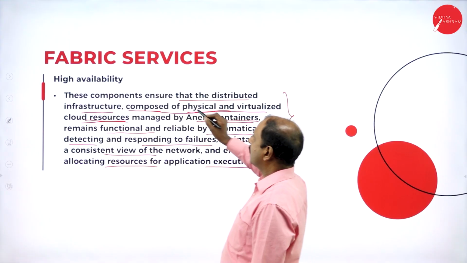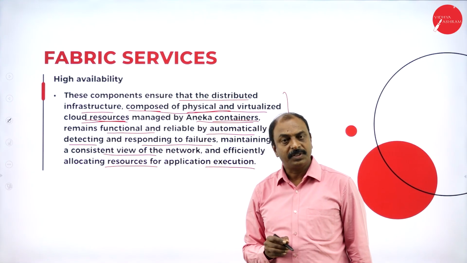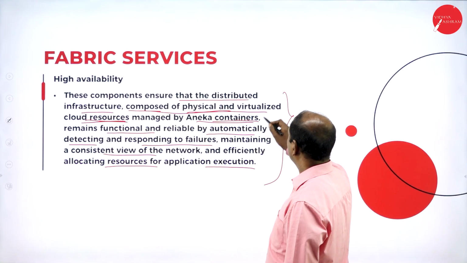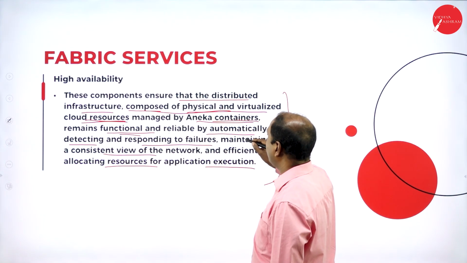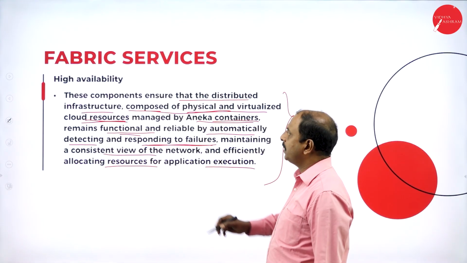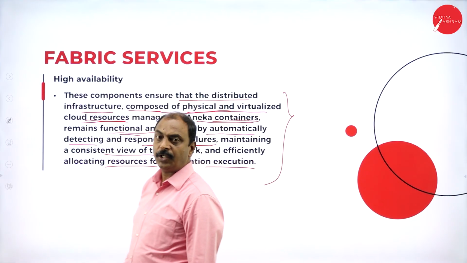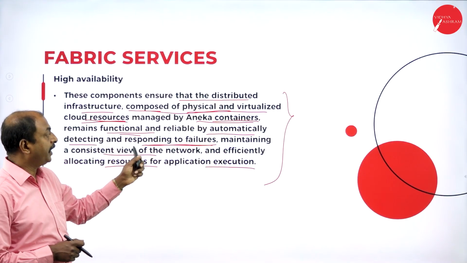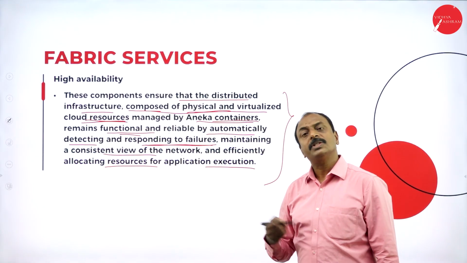All the services of the Aneka cloud will be available to the user through this infrastructure, which remains functional and reliable by automatically detecting and responding to failure. So what is the meaning of high availability? In case of failure of any of the resources, it will be detected automatically. Any failures are detected automatically and it will respond to rectify or restore the services